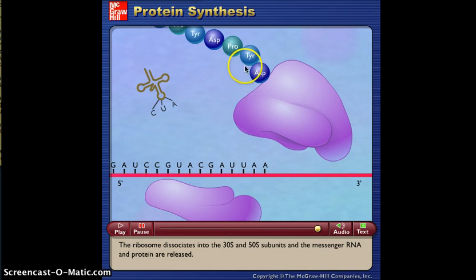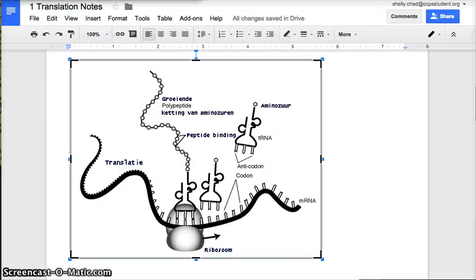So the ribosome leaves, and now we have a protein here. A whole bunch of amino acids put together makes up a protein. And that's basically what it is. So if I show it to you on a picture here,